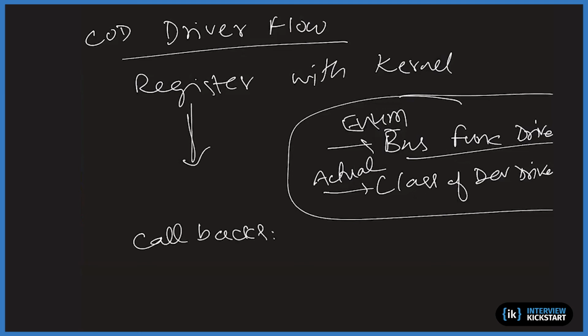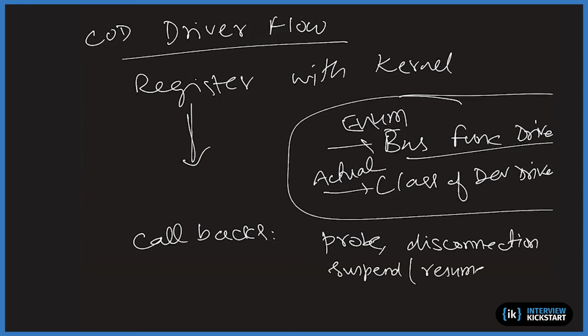Okay, these are callback functions provided by the driver so that the kernel can invoke them as part of that driver. The first and most important one is the probe, and the other ones are disconnection. You may have suspend and resume, at least in USB you have. And I'm not sure about the details, but there is a pre-reset and post-reset